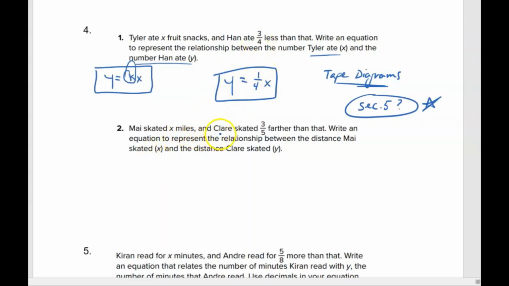It says May skated X miles and Claire skated 3/5 further than that. Okay, so in one way, shape, or form, we're going to have to take this 3/5 and it's more than this original. Okay, so if our original was X miles and then we skated 3/5 more than that, what is 1 plus 3/5? Well, that would be 1 3/5, or you could say 1.6, right? 3/5 is the same thing as 6/10. Or maybe you said something like 8/5 if you left it as an